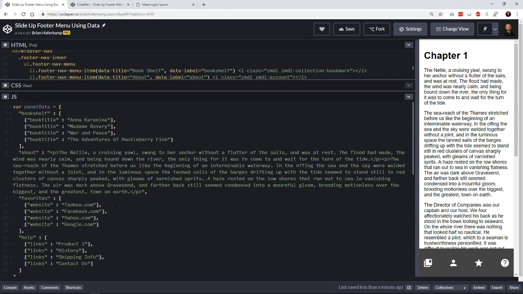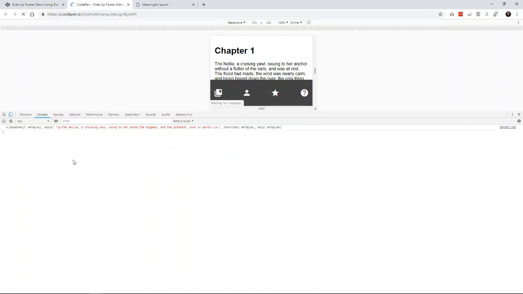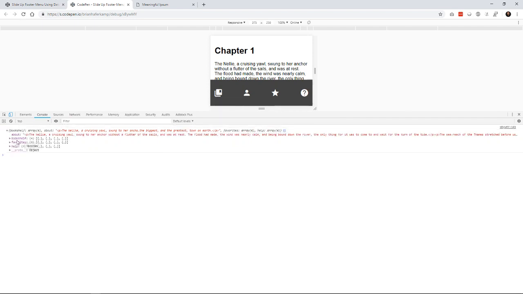So now we have all of our data inside of this object. It's called panel data. So let's save this and we can take a look at it in the console. And so you can see we have our about with our text, we have our bookshelf with 4 items, we have our favorites with 4 items, and again, if you expand these out, you can see that they each have key and values